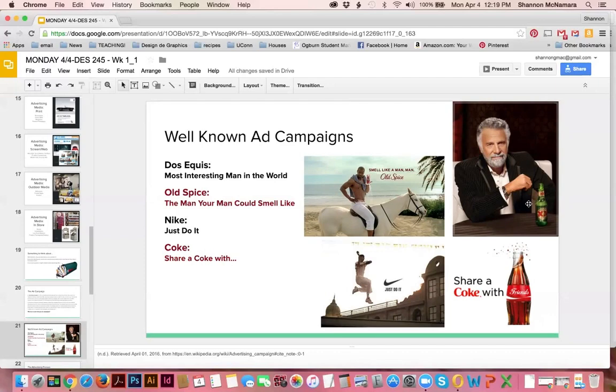I had picked the Dos Equis Most Interesting Man in the World ad campaign. Although I had heard that they're going to stop using him, which made me sad. But at the same time, I'm very interested to see what they'll do next. Then we have the Old Spice, The Man Your Man Could Smell Like. Every time those commercials come on, I crack up laughing. We also have the Nike Just Do It ad campaign and the Coke Share a Coke With ad campaign,